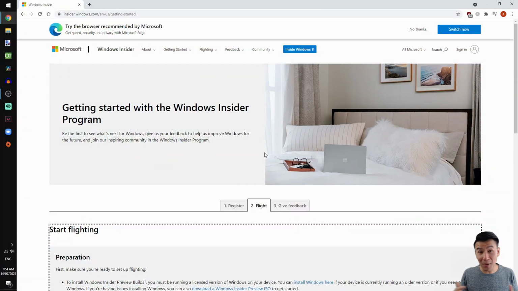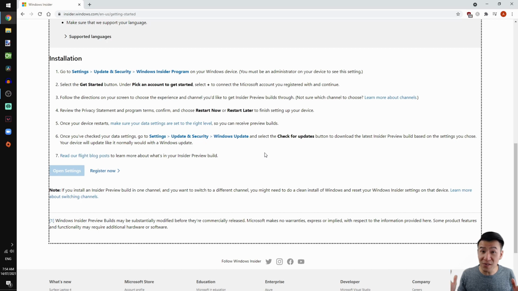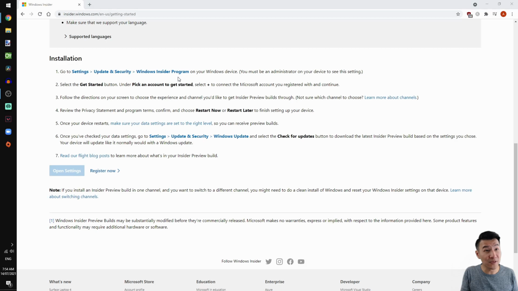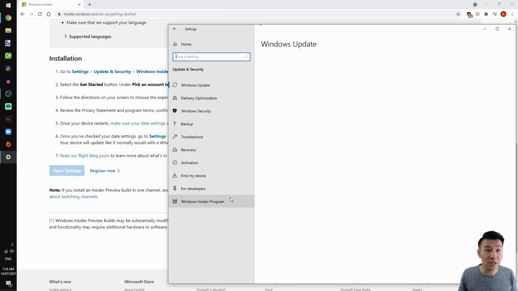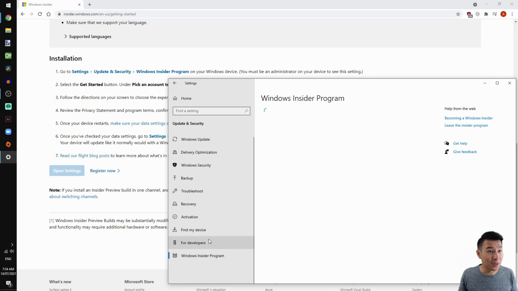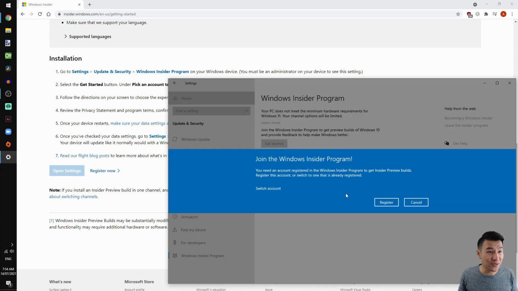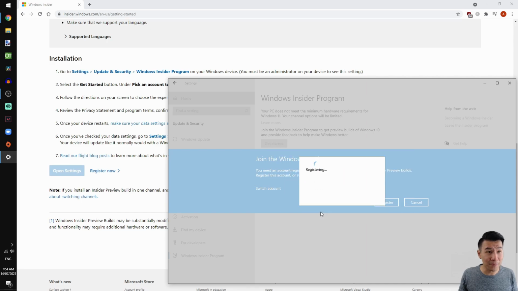So we're going to start by signing up to the Windows Insider program, and the reason we need WIP is that we need access to a build version of Windows that's above 20,000, and the Windows Insider program gets us access to this version. So we'll open up the Start menu, type in Settings, click Update and Security, and then Windows Insider program at the bottom.